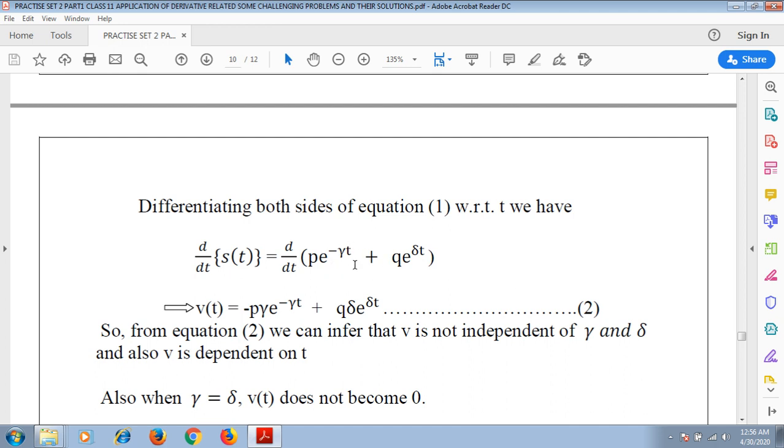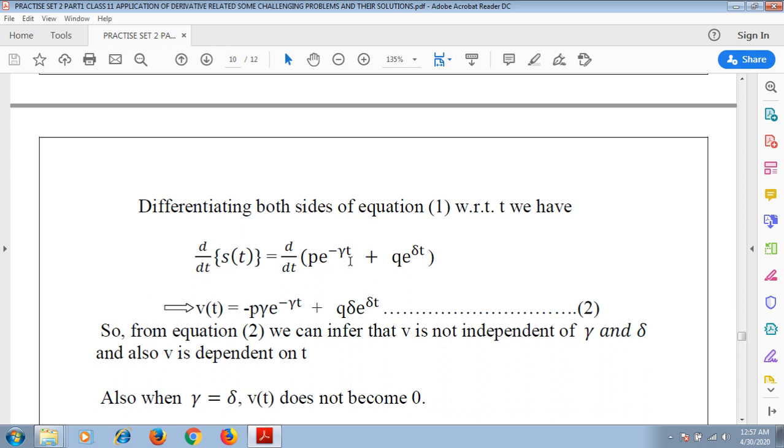Here we are using the formula d/dt of e to the power at equals a into e to the power at. It is also one form of chain rule. That is, we are doing the outer function differentiation first and then the inner function. Here the outer function is exponential and the inner function is purely algebraic, right? E to the power at, e to the power means it is exponential first and it is the outer function, and then the power at. So we have the result as a into e to the power at.